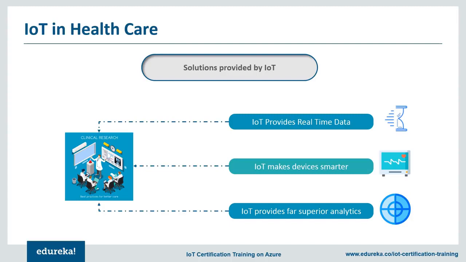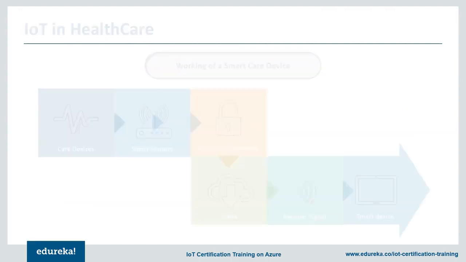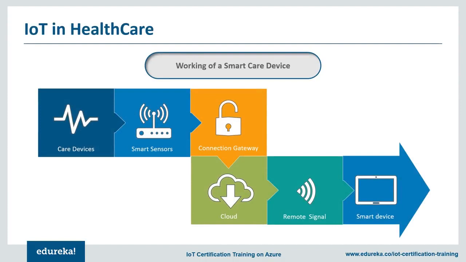So here is an example. This is basically an outline of how a care device works. A care device has certain parameters that are considered safe. Once one of them is breached, the sensor immediately relays this message via a secure gateway to a cloud. Now, it is vital for this gateway to be secure as it holds all your valuable medical records.